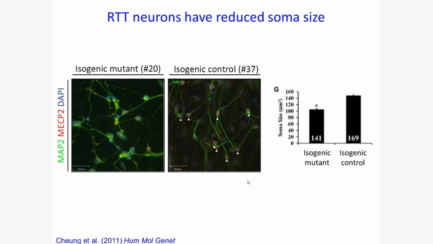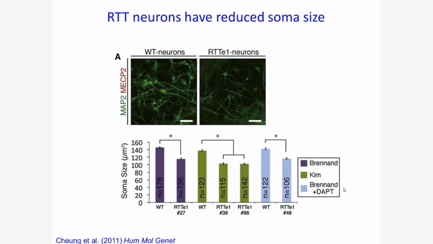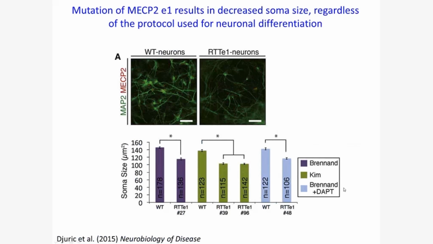And what Aaron found was that there is a pronounced decrease in the overall size of the soma in the isogenic mutant versus control cells. Importantly, this has been recapitulated using multiple wild-type lines as well as multiple lines from a second individual with Rett syndrome. And this difference in soma size is consistent regardless of a number of different experimental parameters that we've examined